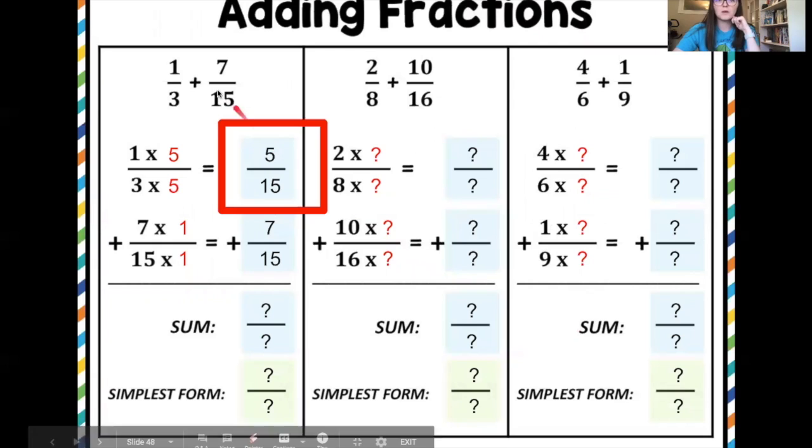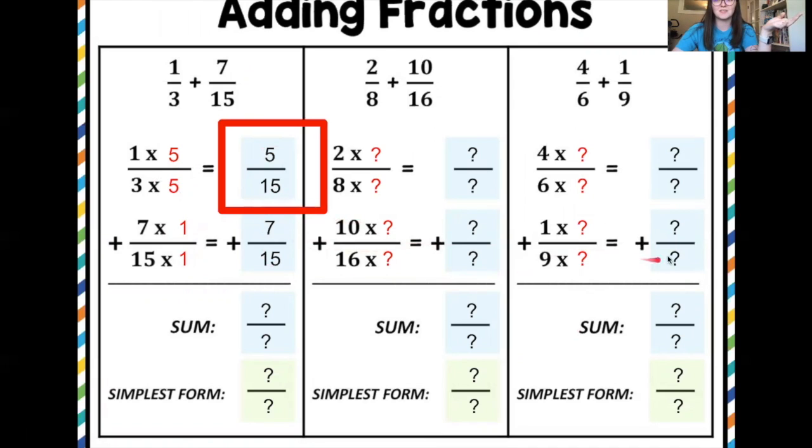So now we're going to take you back to your slide. You're going to fill in all these blanks. So we multiplied 1/3 by 5. You didn't have to multiply 7/15, so it gets a 1 in each spot. And then you're going to write what the new fraction is. So we've got 5/15, 7/15 stayed the same. Now you have to add those two together. So